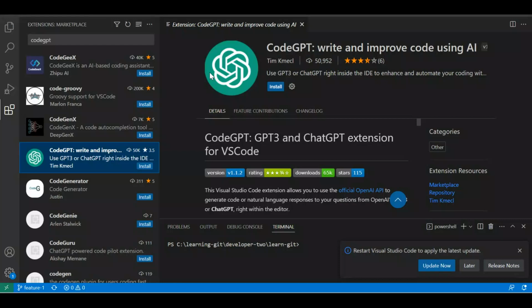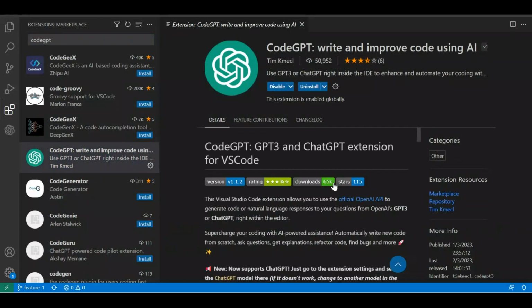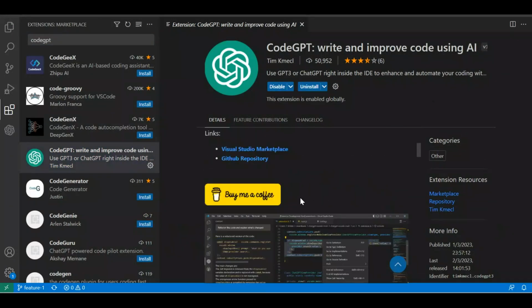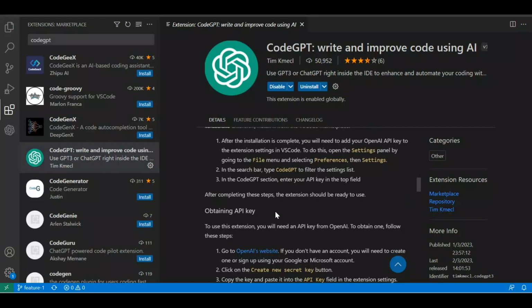In this tutorial, we will see how we can use Chat GPT in VS Code. So to do that, you need to go to extensions and then search for Code GPT and then install this extension. Once the extension is installed, in order to use it, you have to integrate your Chat GPT API key with